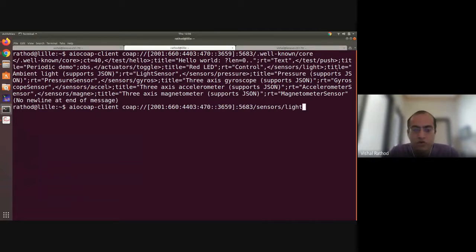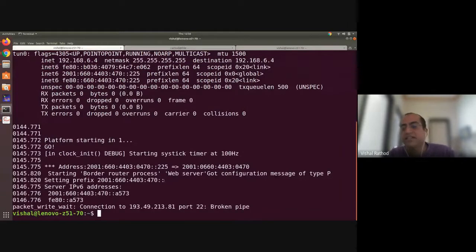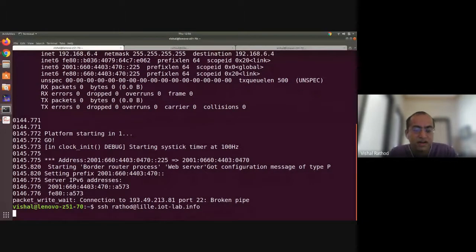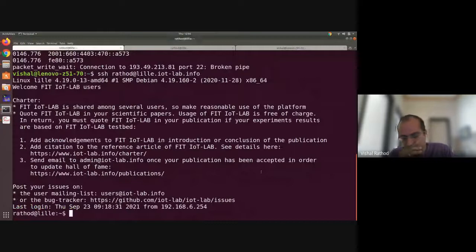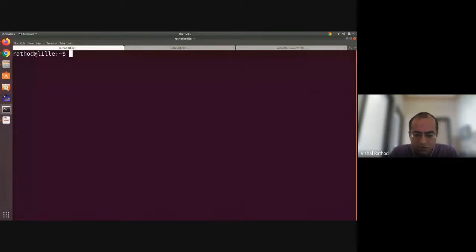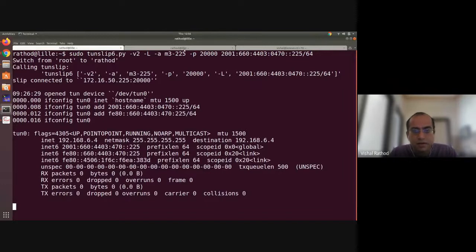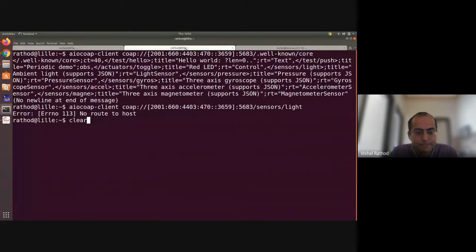Sensors/live. So when you press enter, okay, no route to host. Why? You can see here, by default my connection is broken. This will happen when you are accessing a remote site or you do not have a reliable connection. So now again I have to redo the things, so pardon me. That is the flash command.